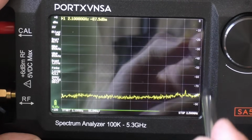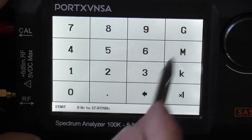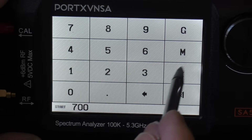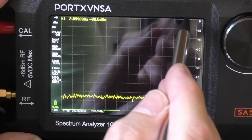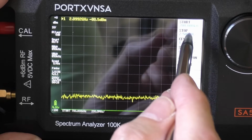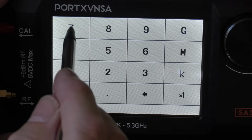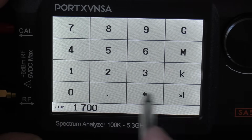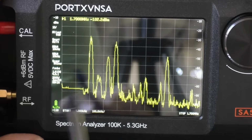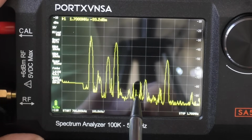So to set a frequency range is pretty easy. Just click over here, so click start. So let's just go, for example, let's start at 700 kilohertz and then click here again, and let's stop at 1700 kilohertz. So this is the AM broadcast band. And there we go. So straight away, these are all of the AM broadcast stations currently on medium wave,